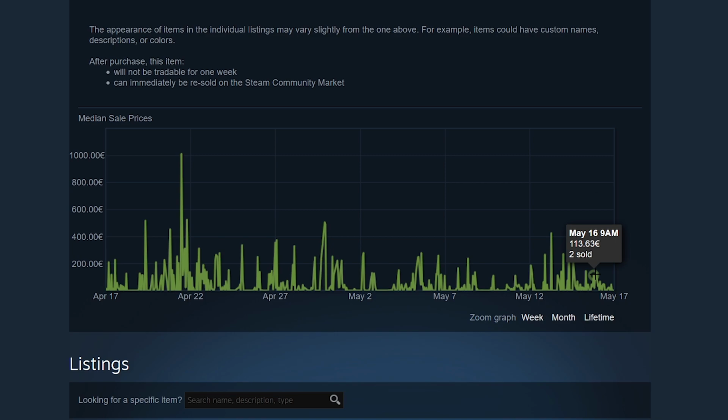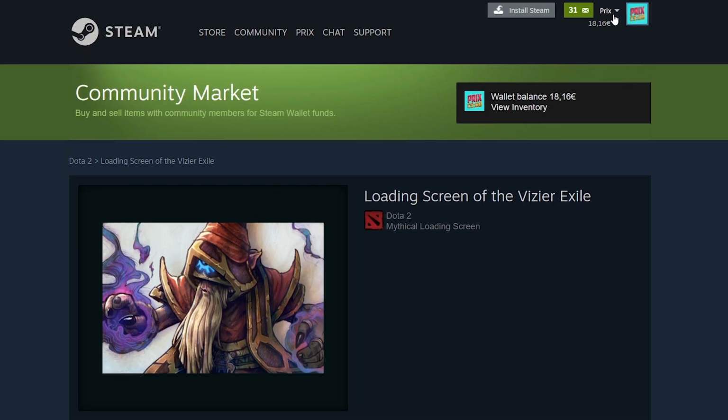And the second reason why this would be happening, and I think this reason is more real, is that hackers use this method to transfer money from victims' accounts to their own accounts. I imagine it like this. You get a virus, and that virus has access to your computer. It doesn't need any confirmations or anything like that to go to your Steam account and buy items on the market.